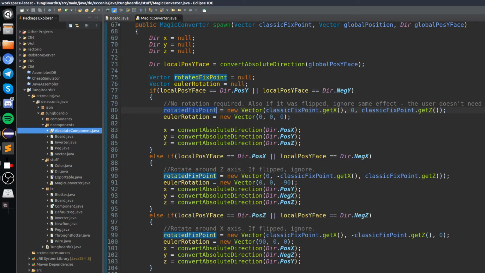So yeah, that's how I get the rotated fixed point. The rotated fixed point is the following. If you are in the parent coordinate system, and you take the fixed point and you add it on top of the parent position, the local position of this new coordinate target position,